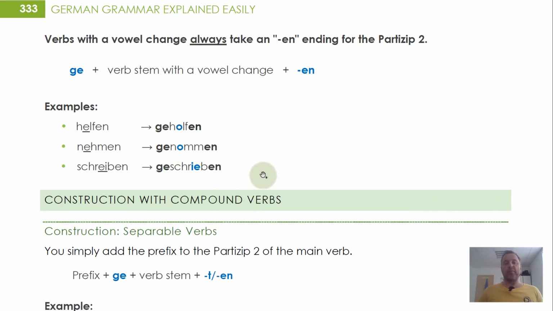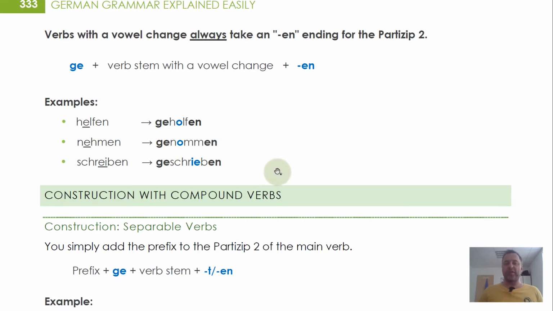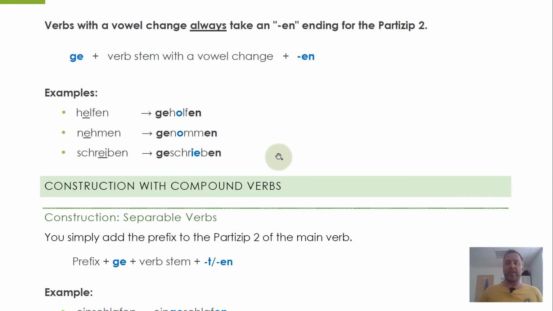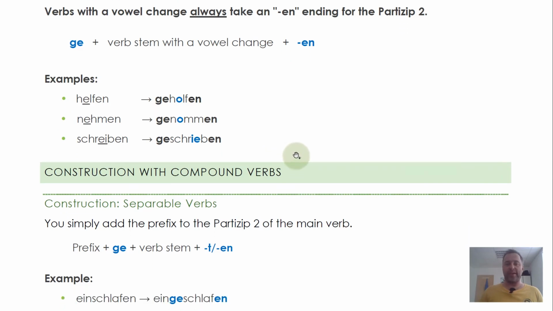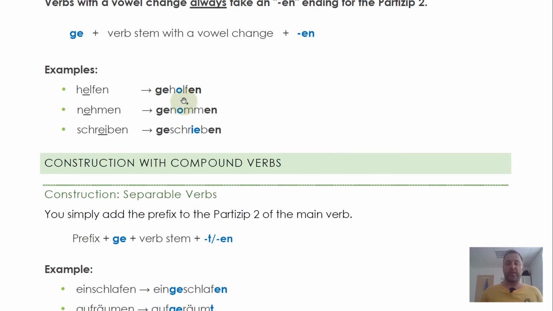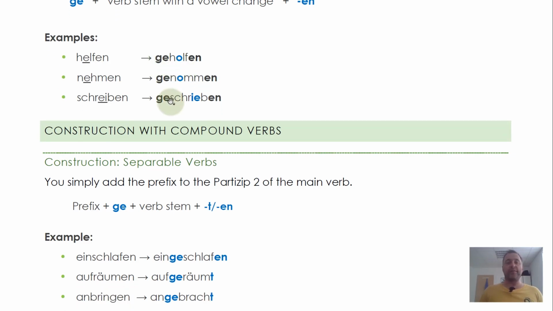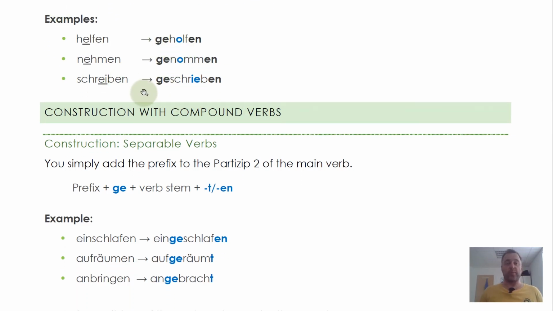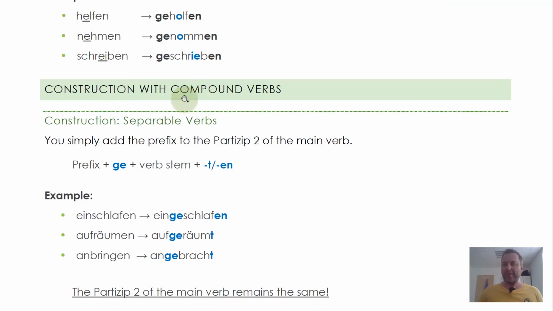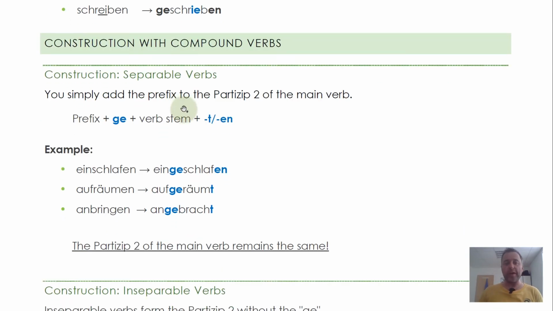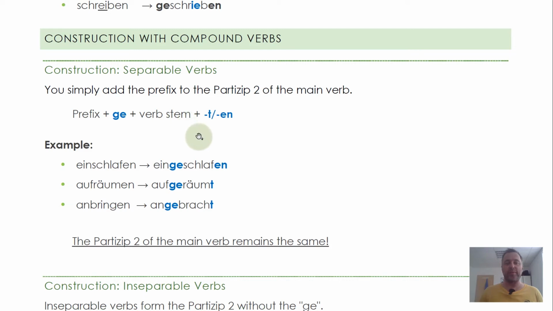It may look a little bit difficult at a first glance, but due to the use in almost every sentence that's talking about the past, you will get used to this quite quickly. I haven't encountered many people who actually have a problem with this, despite it looking a little bit hard at the beginning. Where you have to pay attention is separable verbs or compound verbs. If you don't know what that is at all, check out my video in the info cards where I will